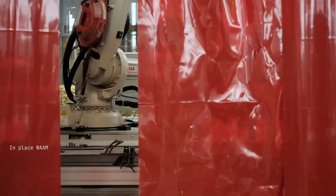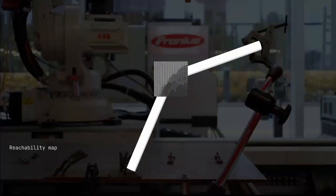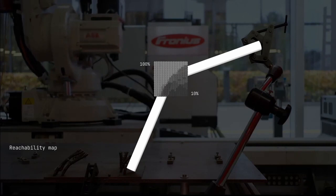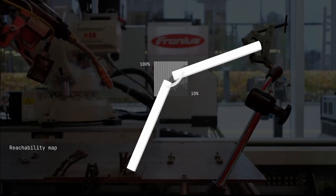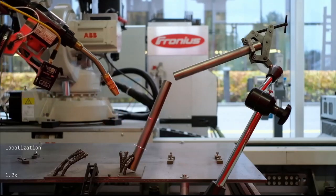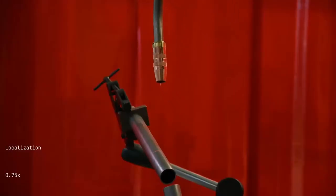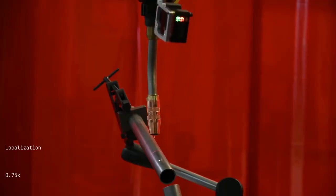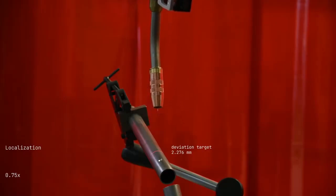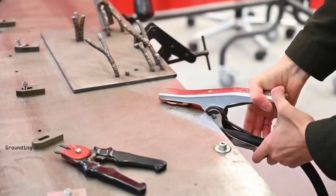It's running. Just a comment if you're sensitive to light, because there is welding on it. So yeah, we start basically mapping the reachable space of the robot and finding a place where to put a joint. Then localizing the members to identify the actual location of the bars. This can be done because we are using standard elements. In the case of other non-standard elements, it could be done with other sensing strategies, as in the project we just saw before. So basically we locate the bars and update the location on the digital model of these parts. Then we're ready for